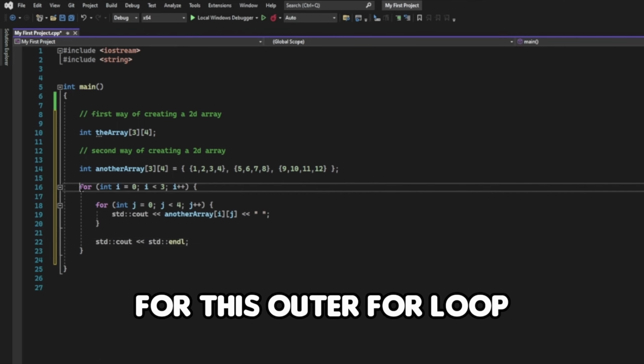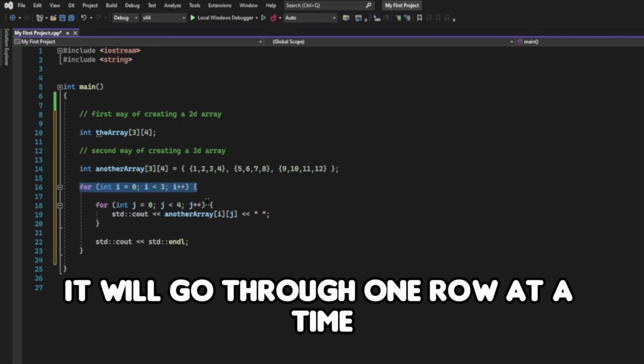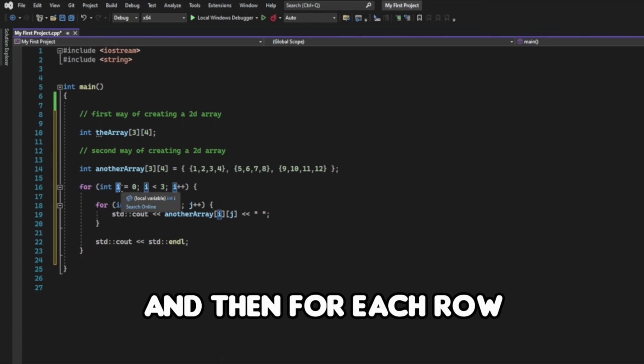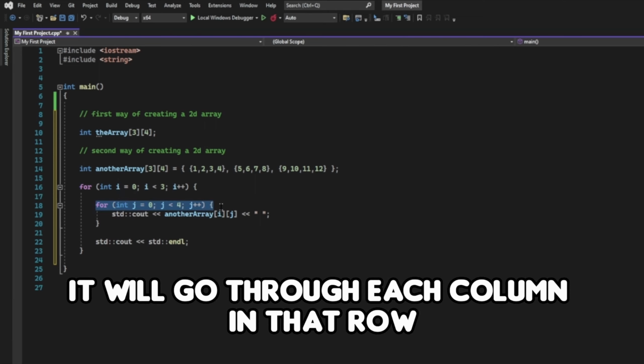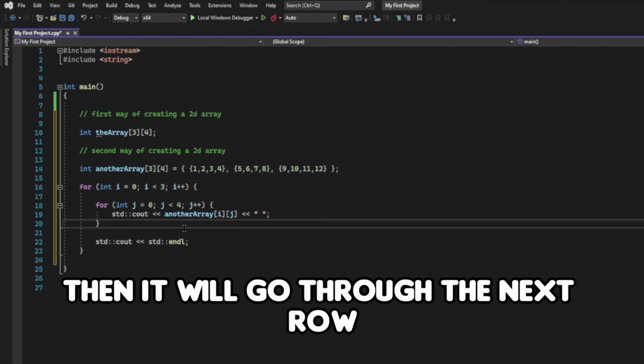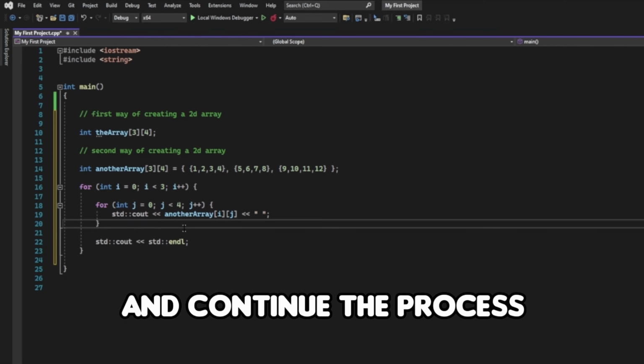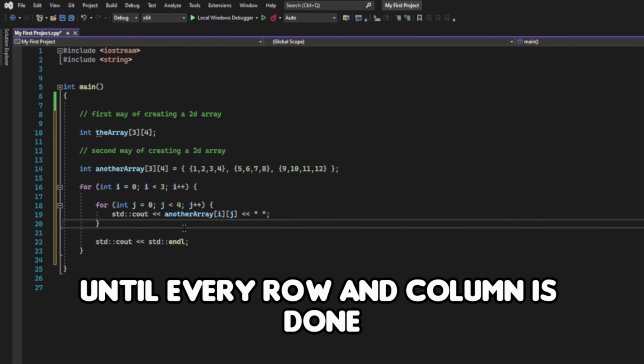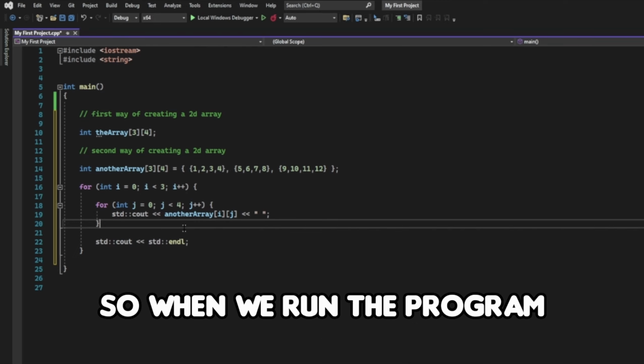So basically for this outer for loop, it will go through one row at a time, which is counted by the i variable, and then for each row, it will go through each column in that row, which is counted by the j variable. Then it will go through the next row and each column in that row and continue the process until every row and column is done. So when we run the program,